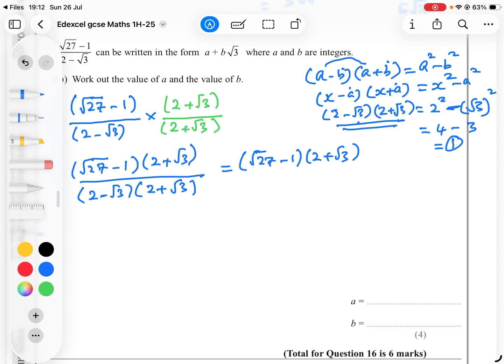So now you have to simplify this, expand your bracket. So root 27 times 2, you can write 2 root 27. Then root 27 times root 3, so plus, both are plus,